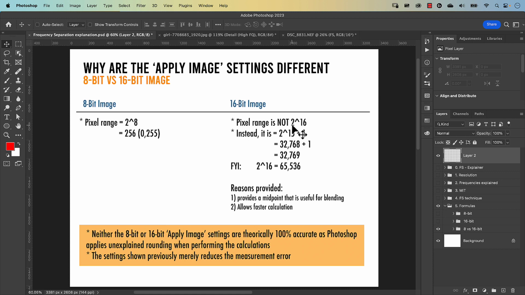Now for a 16-bit image, it isn't 2 to the power of 16, where 16 represents the 16 bits. Instead, what Photoshop uses is 2 to the power of 15 plus 1. Now 2 to the power of 15 is 32,768. Plus 1 is 32,769. Now, just as a comparison, the pixel range of a true 16-bit image is 65,536. Now, why is there a difference? Well, the explanation that I can find is that it gives a midpoint that is useful for blending,